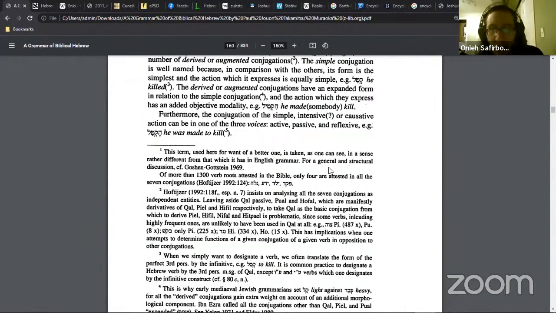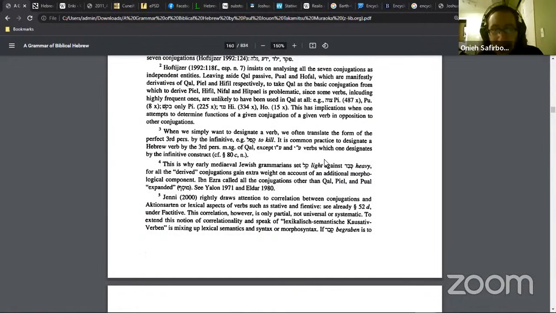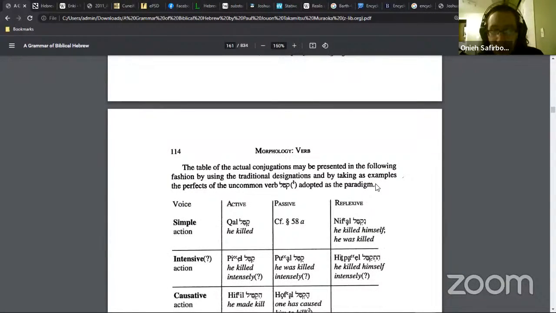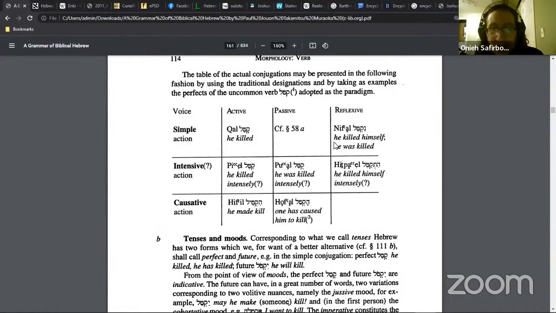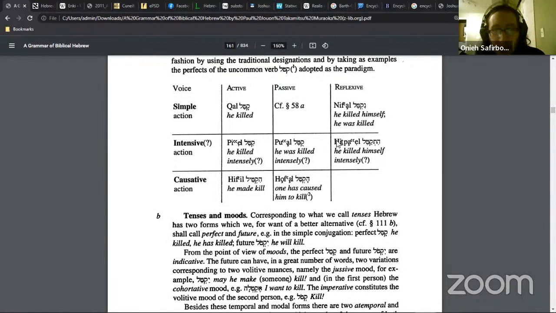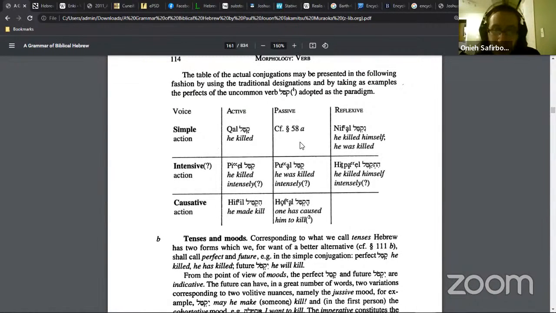The main thing I want to review from last Thursday is vocabulary. But Steve was asking about something earlier today, where I said I would look into it further. I wasn't quite sure what he was talking about, but here it says Pual and Hefil and Hofal. I need to look into that more.